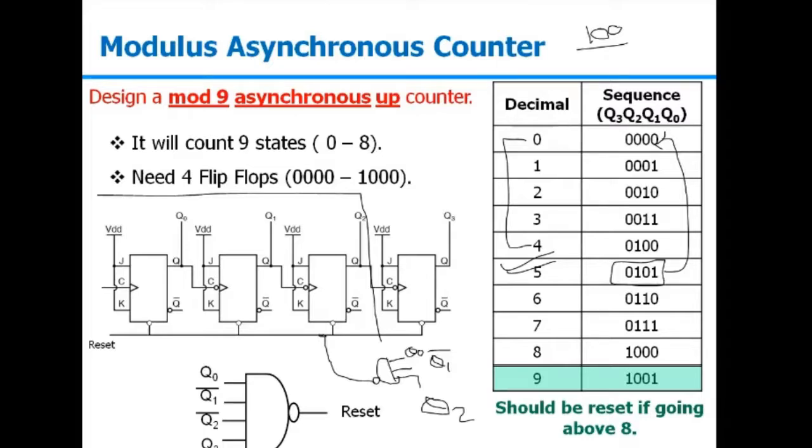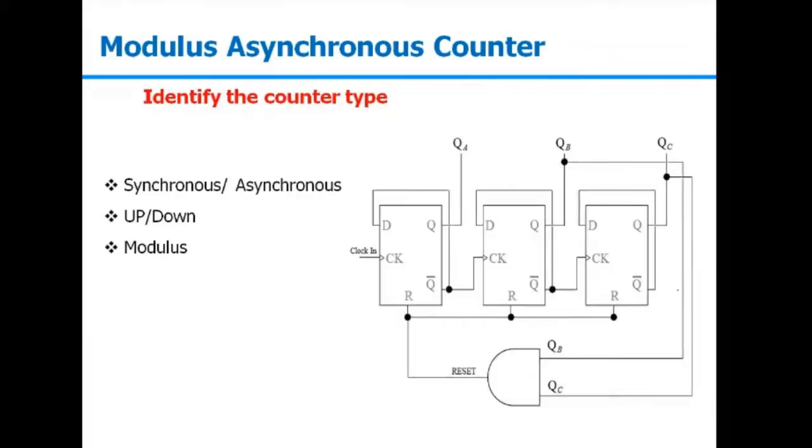And then a proper gating scheme, whether you are using a NAND gate or a NOR gate, whatever kind of gate you have to use. Okay, so one question: you have given a strategy in which I am using the reset as active high. In the previous example, my reset was active low. Here we are using reset as active high.